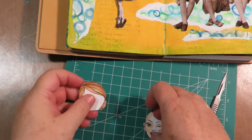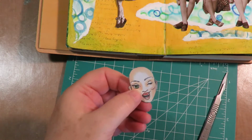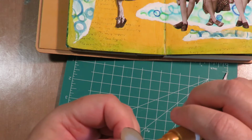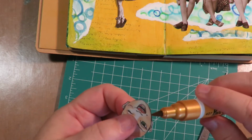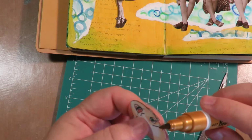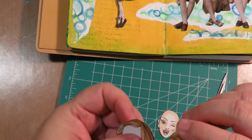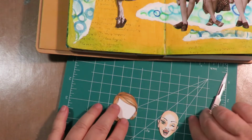I printed these face-ups onto just a regular lightweight cardstock, and after I cut them out, I like to go around the edges with a brush pen. I use this deep ochre one a lot from Ecoline because I think it just makes a good color around faces and hair. So get rid of those white lines,